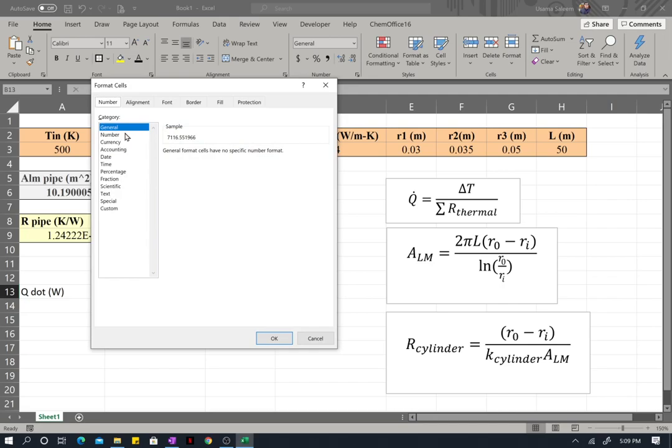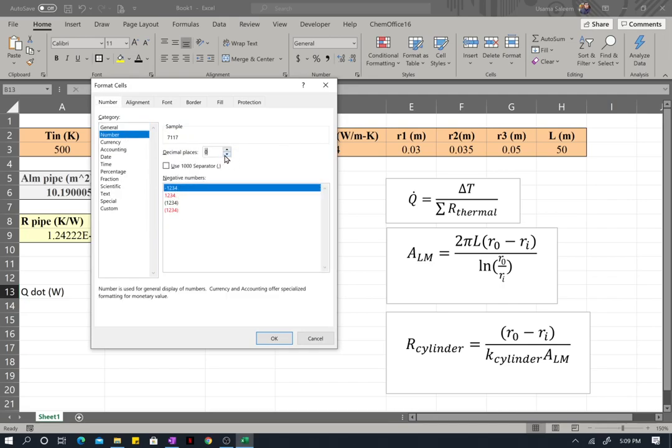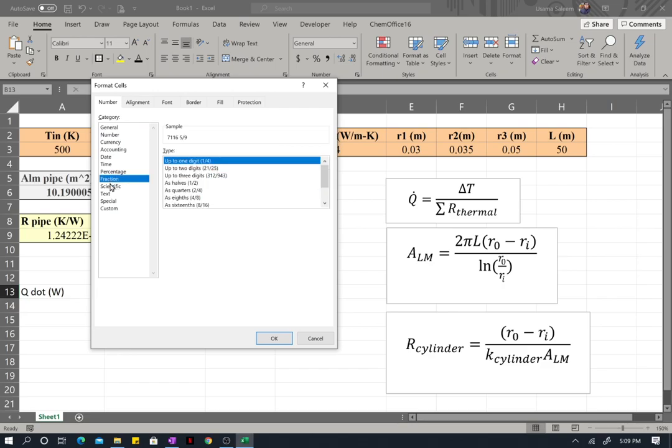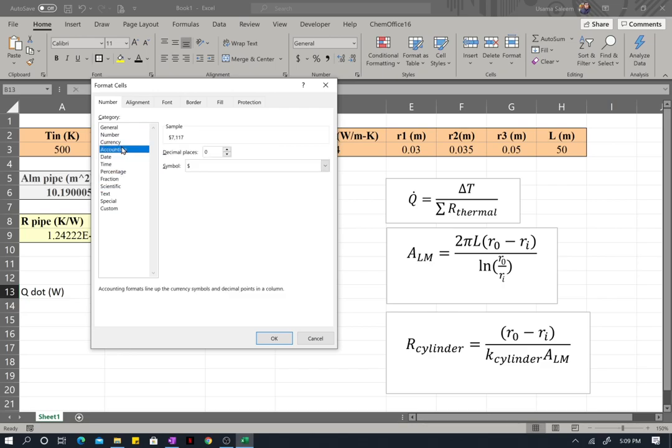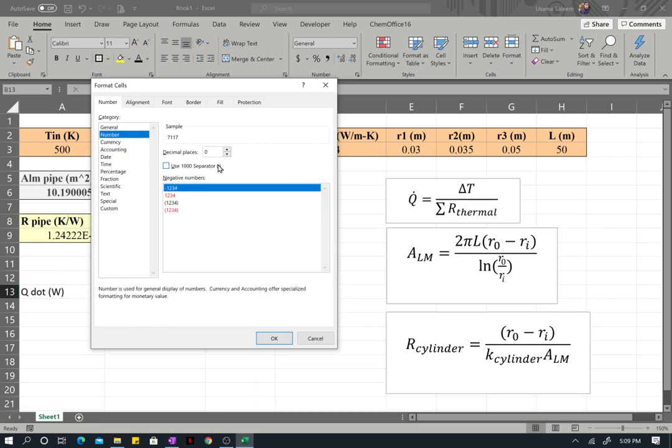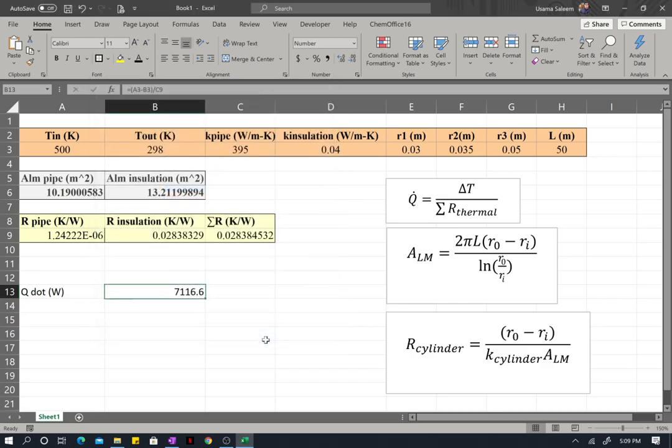Now I can just play around with the formatting. I can go scientific. Let's see, what do I want? I'll just go with 1 decimal point. So correct to 1 decimal point, the rate of heat transfer is